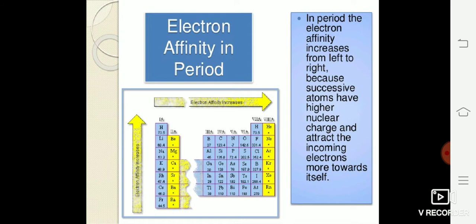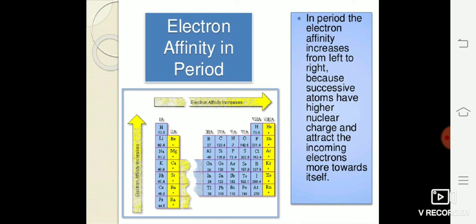Please remember, what is metallic character? Tendency to lose electron. And now, as we are moving from top to bottom, what is happening? When I am moving from top to bottom, the number of shells is increasing. So, it is much easier for the element to donate or lose electron, and thus metallic character increases when you are moving from top to bottom and decreases when you are moving from left to right. The opposite can be written for non-metals.